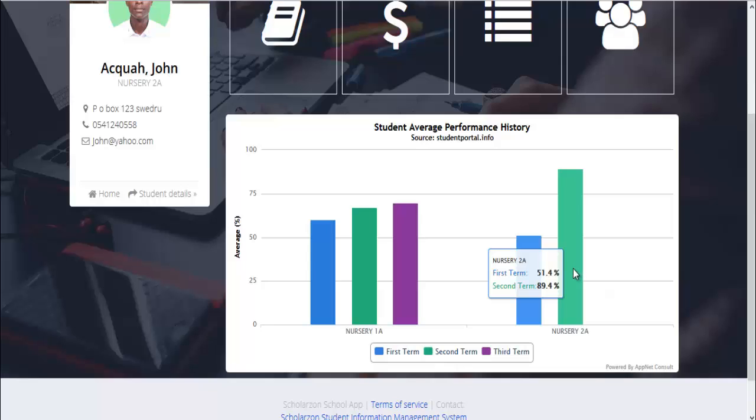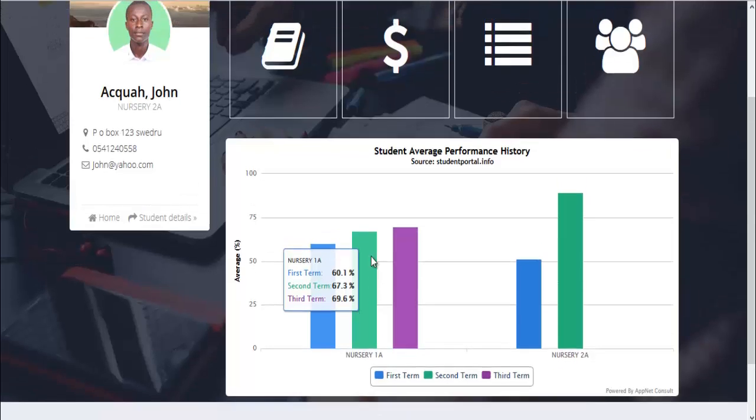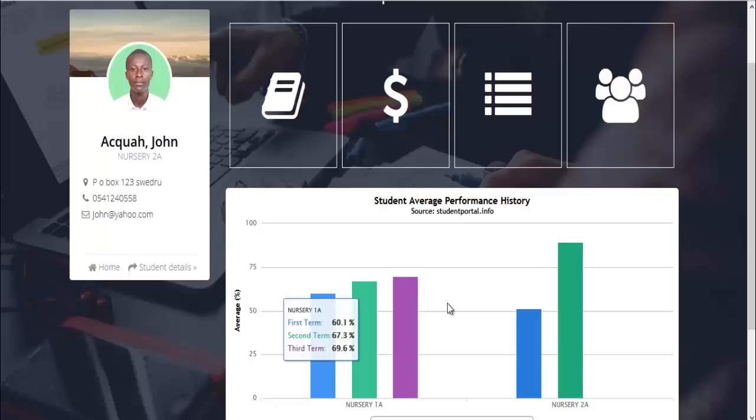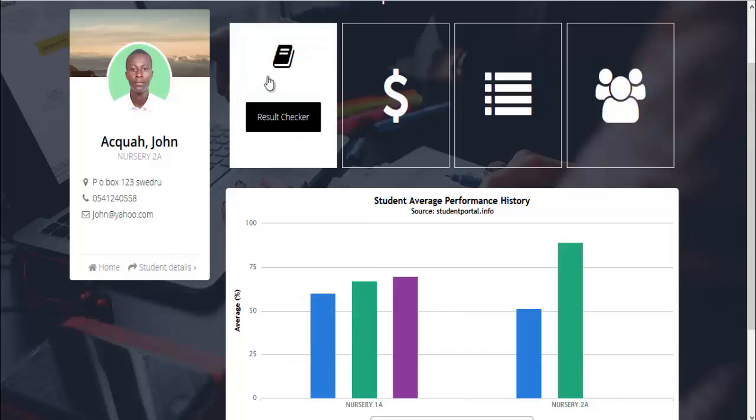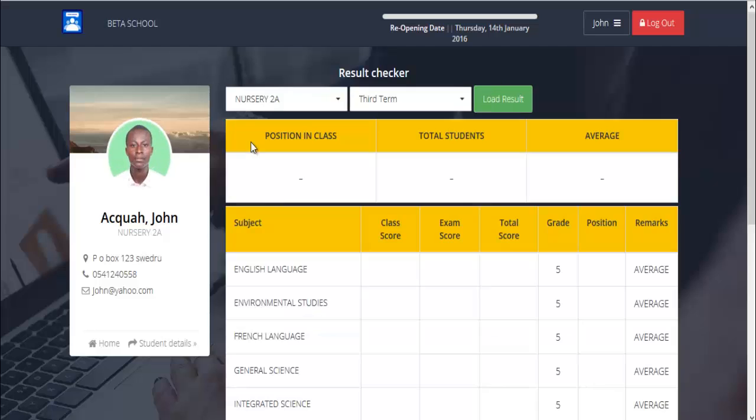These are his averages specifically for the first term, the second term, and the 3 terms in nursery 1. So as he moves upwards in the classes in the system, all his other academic reports will be generated. So parents can log in and view all his records and even keep them for referencing. We can also go back and load the actual marks that a student got